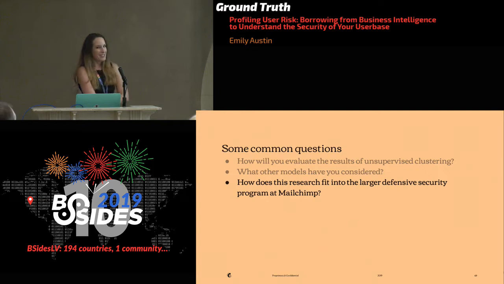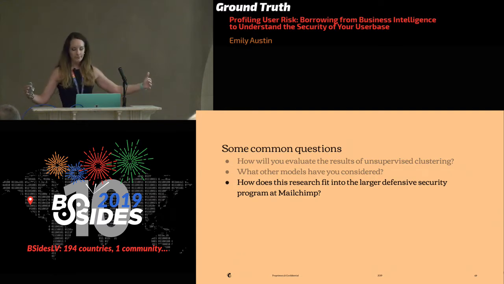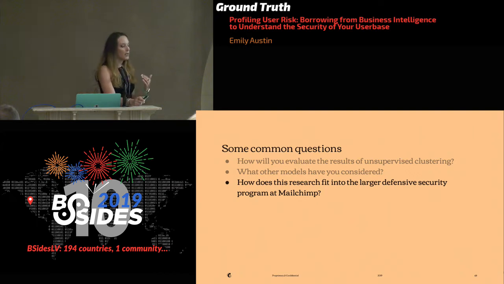And I think this is really the crux of this whole thing: what is the point of this, and how does this actually fit into the defensive security program at MailChimp? Like, how does this fit into what you already have? So ultimately, my goal for this is to,